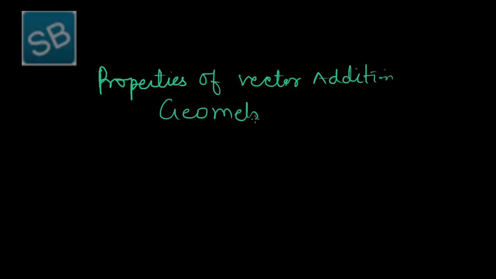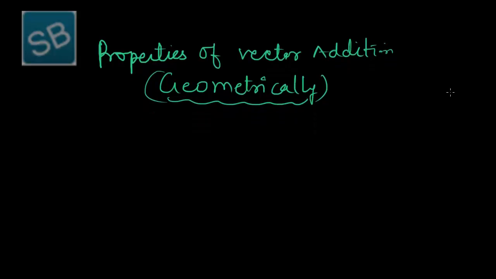Now the next properties of vector addition geometrically. Geometrically, how can we represent properties of vector addition? That is commutative law or associative law. The first property is that is P1